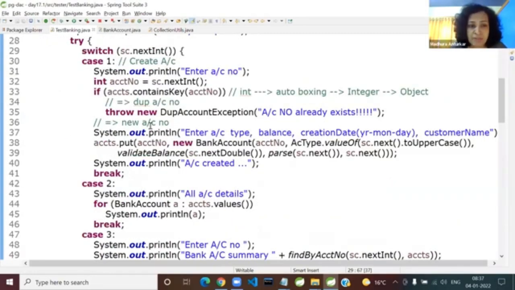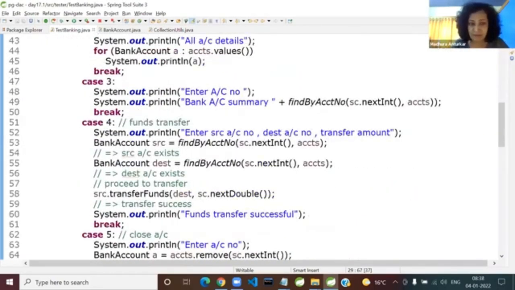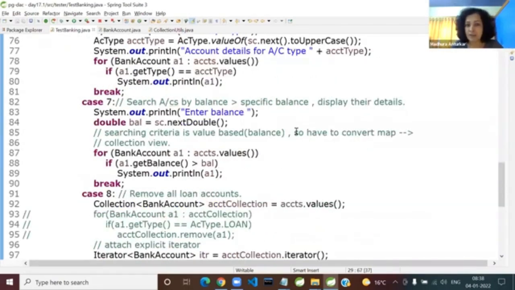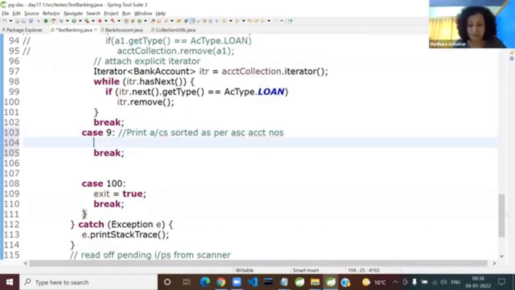So coming back to this, I'll say case 9. And here we are having this. But don't forget to add a break here. So all you have to do is, since the sorting criteria is key based, what is that key? Account number. I'm writing a lot of comments, so that even after 2 months, when you look at the code, you should understand it. So here it can be done